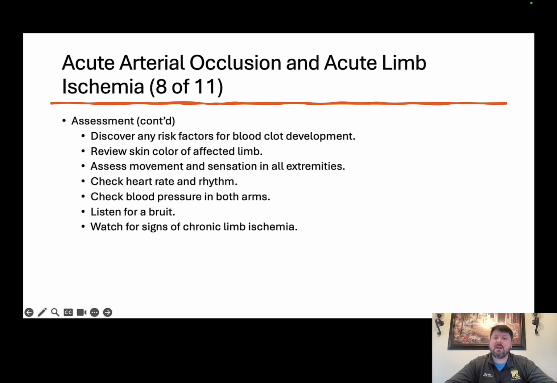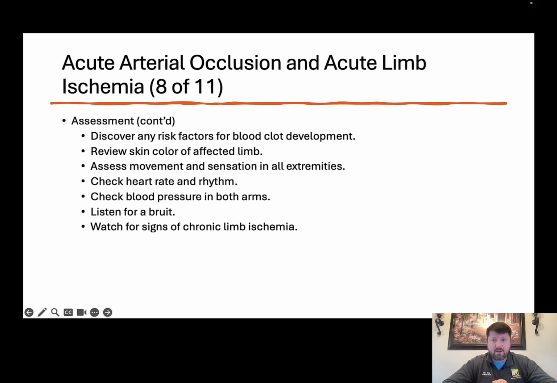Also, look at the skin color of the affected limb. The skin of the affected limb usually appears pale or mottled, distal to or over the affected area. The foot will turn pale when it is raised and very red after 1 minute of placing it at a level lower than the heart. The skin of the affected limb may feel cool and may be either moist or dry.